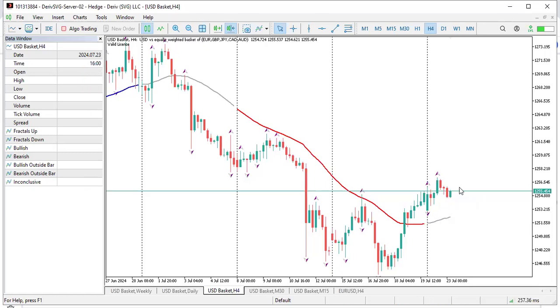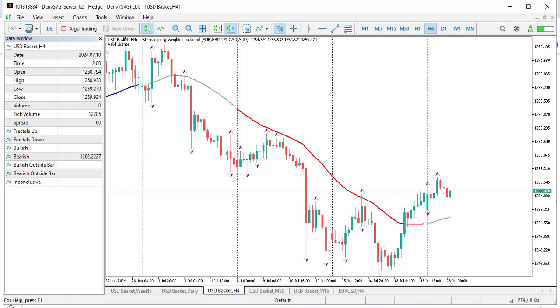So what can we do? For our weekly trades, we'll be looking for price to run through this fractal high. We want to see the high of the week form on both the USD baskets and the dollar futures as well. So we want to see this push all the way up here, take this out, and then we'll begin to look for a reason to sell on the lower time frame. That is what we'll be looking for for our weekly trades.